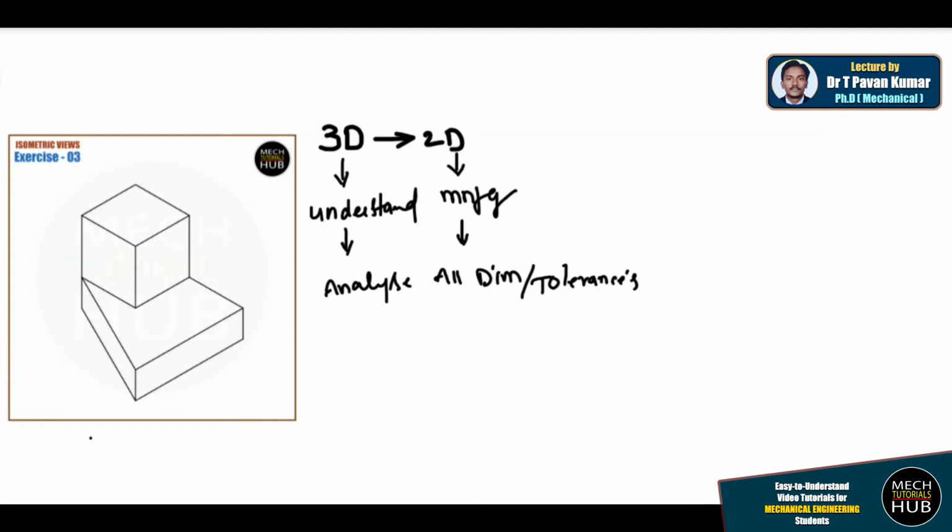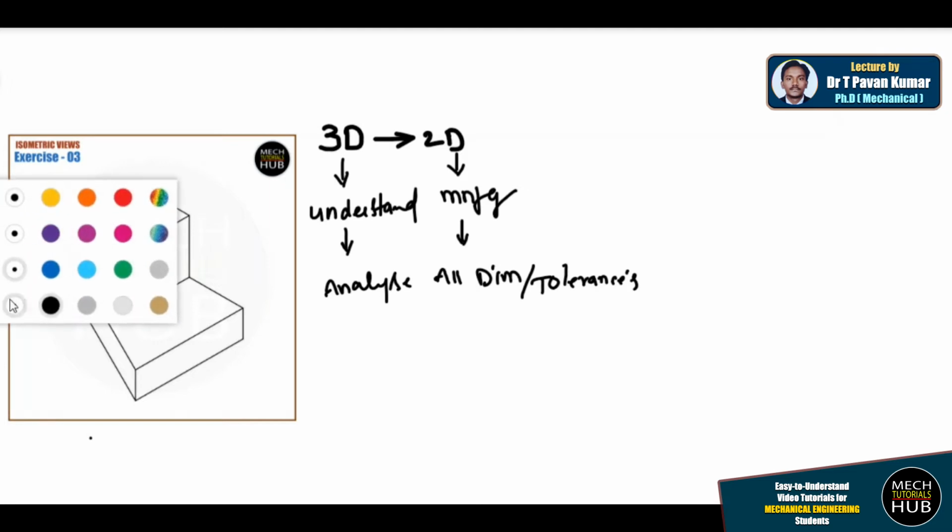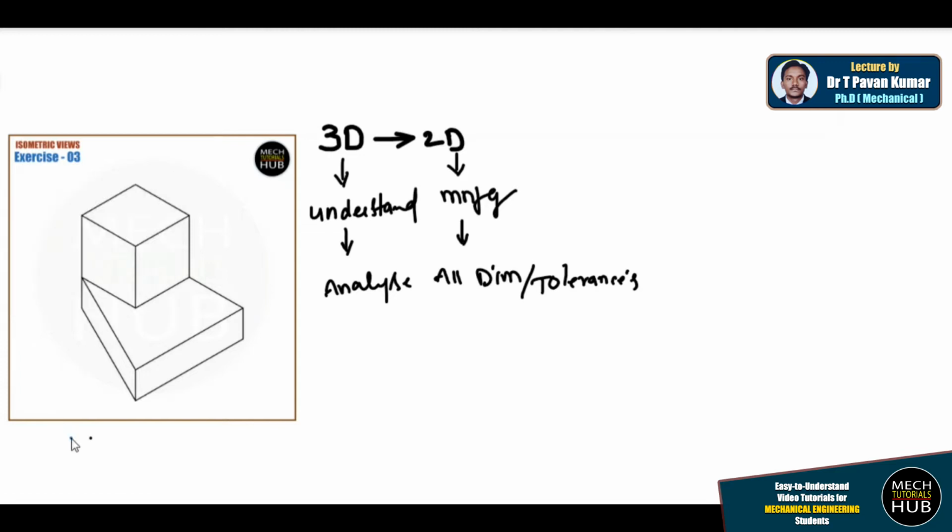Let me start by considering a different color for your better understanding. Let us consider this as the position of the observer. Here the observer is standing away and is standing exactly normal to the component.